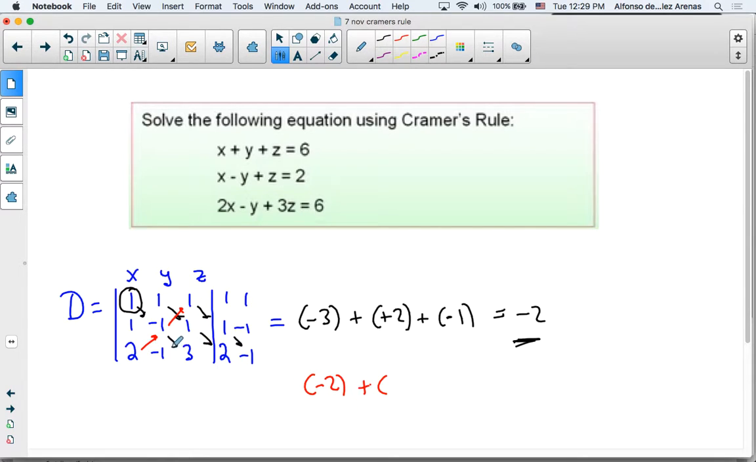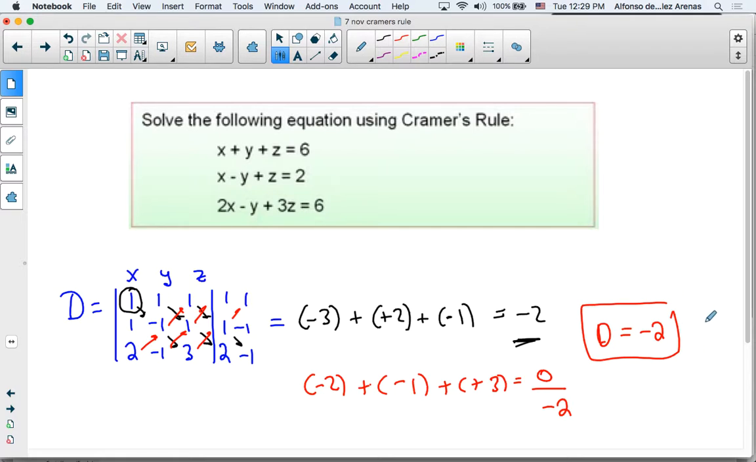Plus, the second diagonal has negative, positive, and positive. That would be -1. Plus, the third one, it's only positives. 3, 1, and 1 is 3. Equals -3 plus 3 is 0. -2 minus 0 is -2. It means that D equals -2. That is just D. Now we have to build